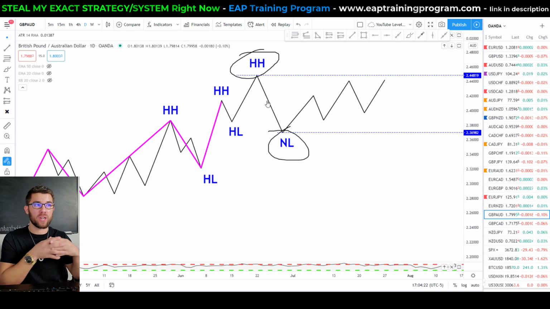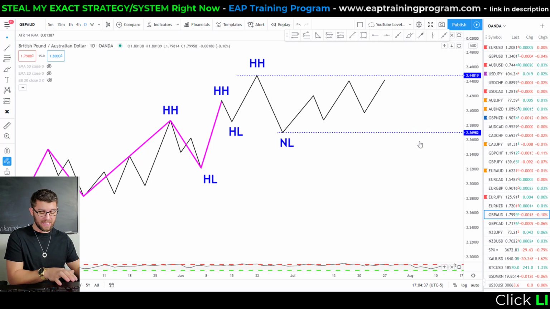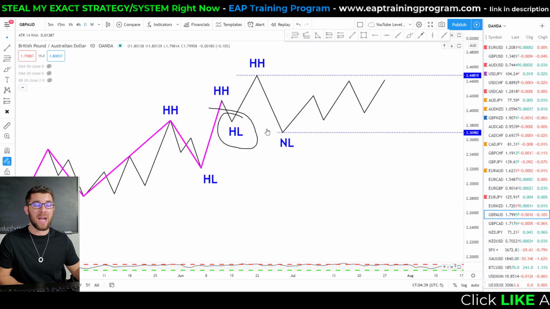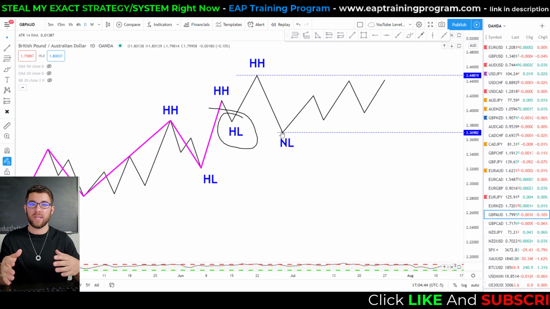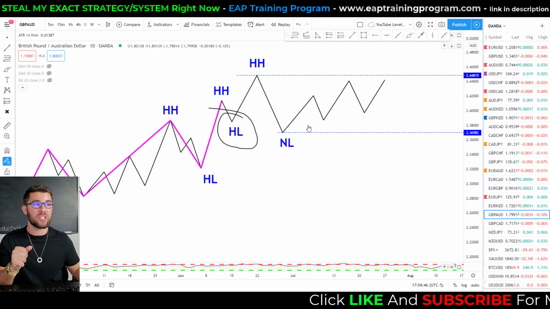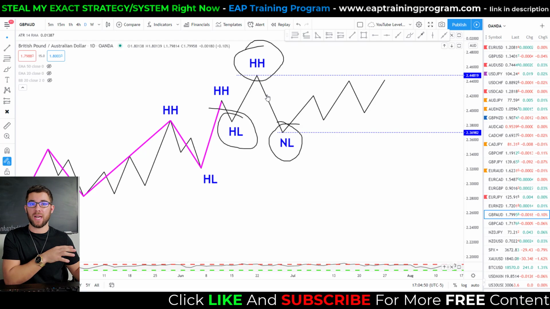I consider this market to be in consolidation until one of these levels is broken. If we break our higher high, we go back into an uptrend. If we break below our new low, I consider that now an actual downtrend and I start looking for short trades. So this is the way I identify consolidation, is after that first break of my higher low to the downside, now I'm expecting either reversal or consolidation. I just classify it as consolidation until we break my new low or come back up and break my new high or my higher high,